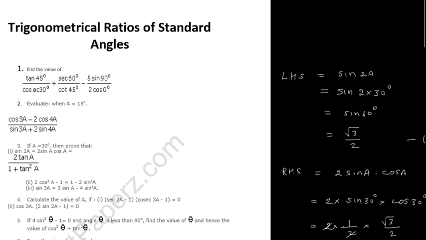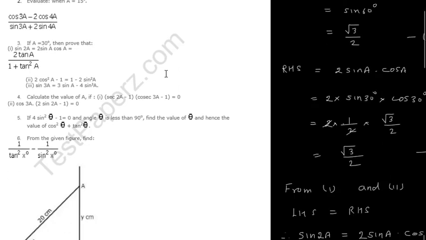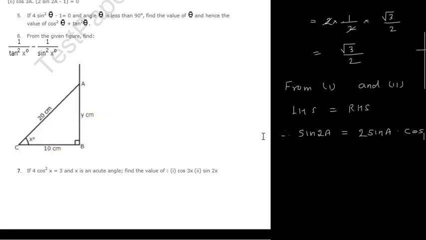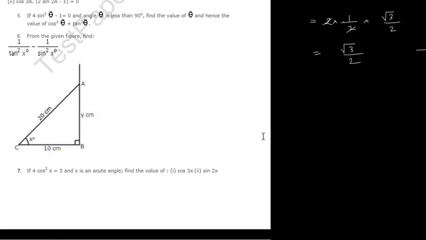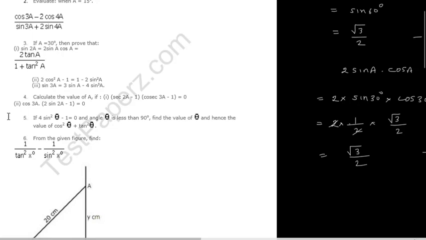What I will say? I will say that the value of sin 2a. So better we will start like this. Sin 2a is equal to, here we will not say RHS, we will say 2 sin a cos a is equal to, we have got this. Now from 1 and 2, at this stage it is not required, because one more value I have to find, that is 2 tan a upon 1 plus tan square a. I hope this is visible. 2 tan a upon 1 plus tan square a.